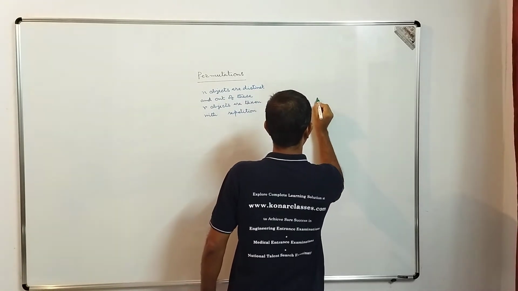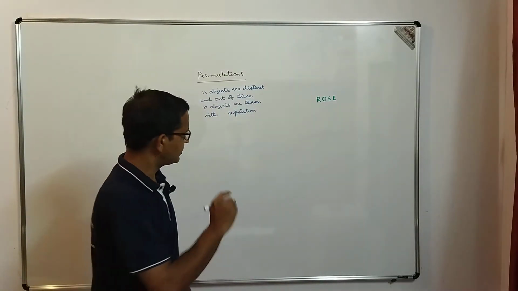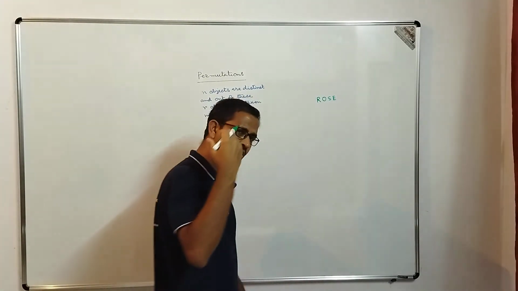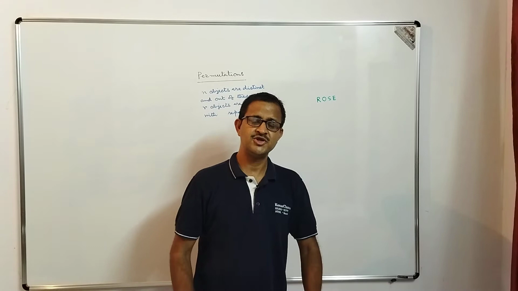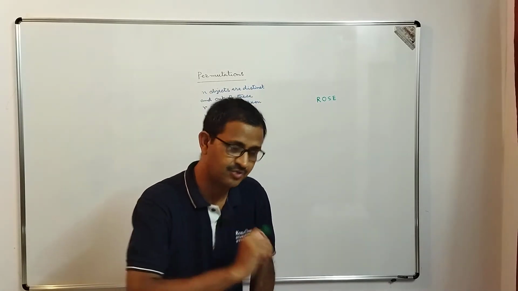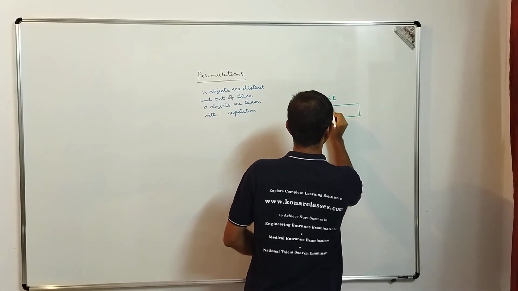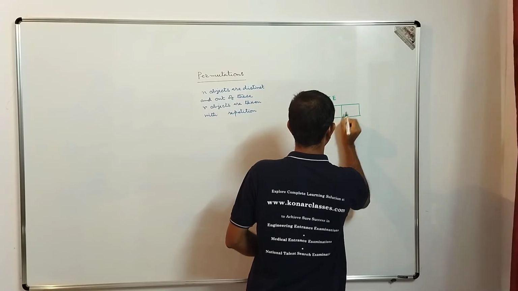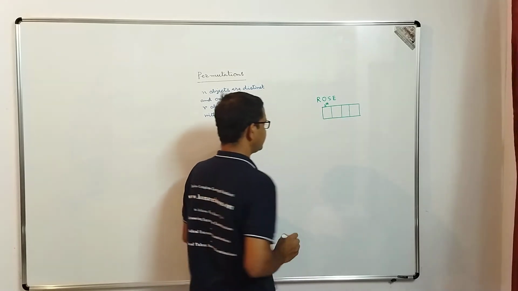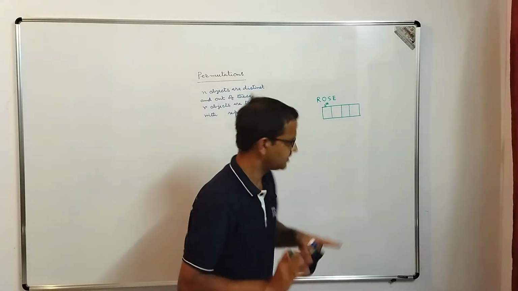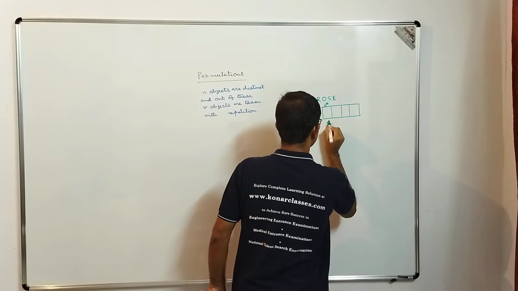Suppose let's take the word rose. I have used this word many times in my previous explanation. Now suppose repetition is allowed. So you are going to take all these 4 letters, all distinct, and using all these 4 letters you are going to make arrangements where repetition is allowed. If we make a placeholder, this is the first place. The first place you can fill with any of these 4, either R or O or S or E. So it can be done in 4 ways.